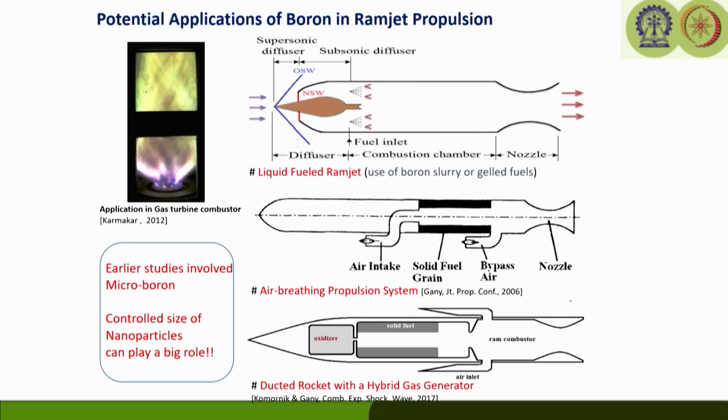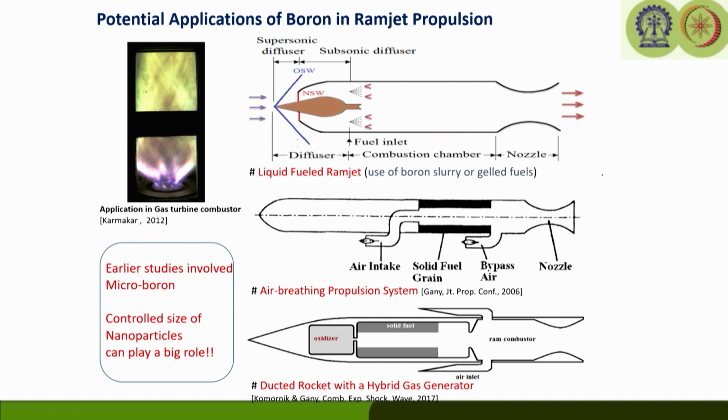Now, if you look at the potential application of boron particles in ramjet applications, directly using boron particles in a propellant has issues with ignition and combustion, which I think we will talk about in a later part of the lecture. However, there has been an increasing interest in high energy density fuels for combustion and propulsion applications, where it has been proposed that we can increase the energy density of the liquid fuel